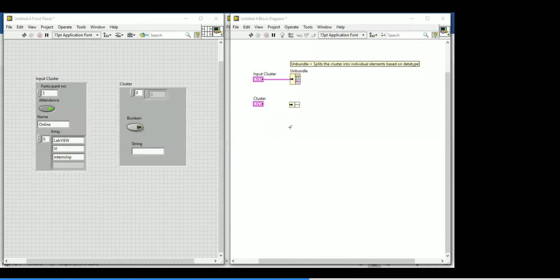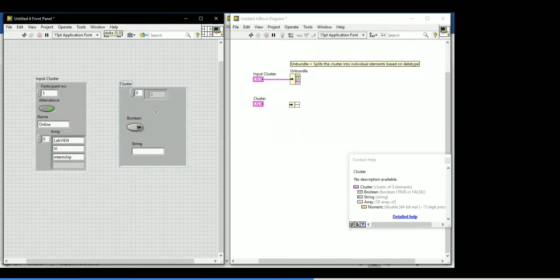I said the cluster makes an order based on how you are placing elements into the cluster, how the user is placing the elements. So the array will not come first. Why? Because the user placed only the boolean first. The user did not place the array first. To confuse you, I am giving it like this.